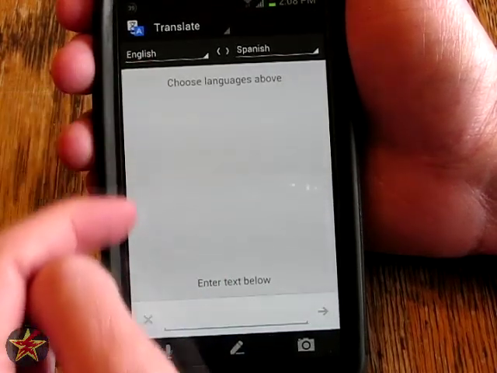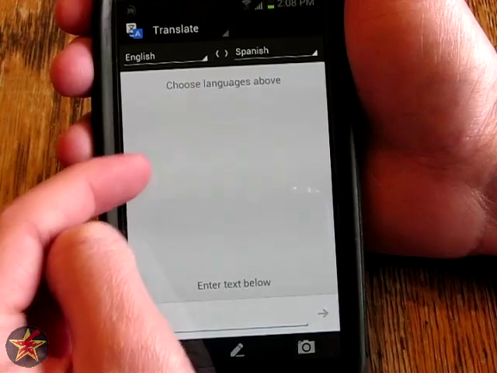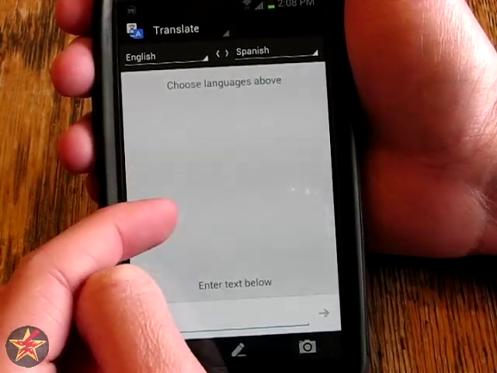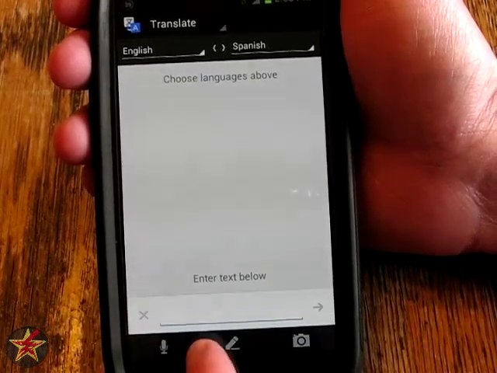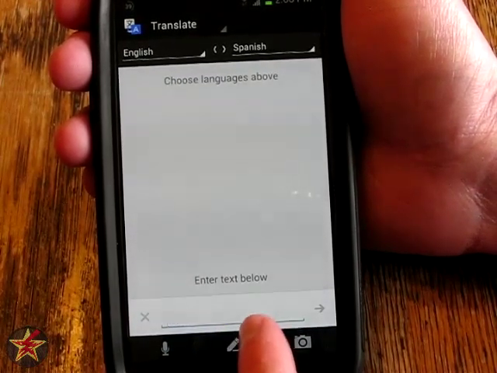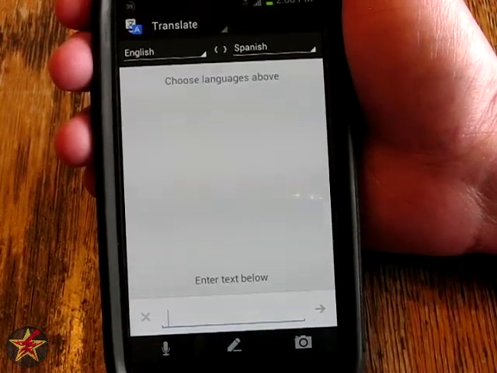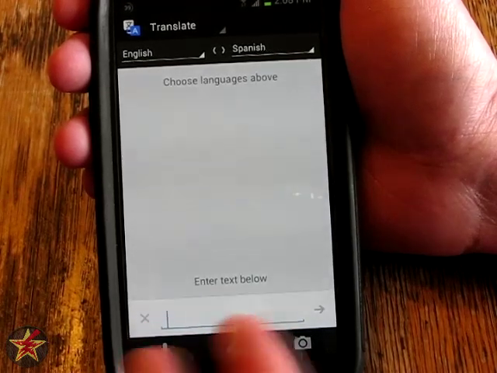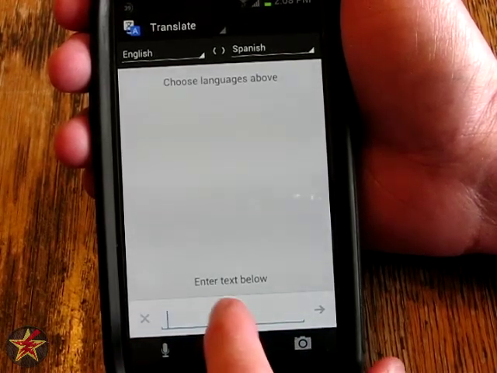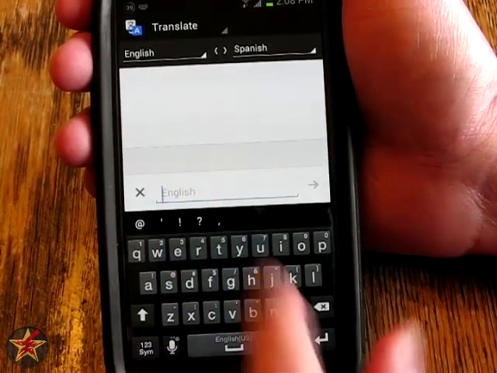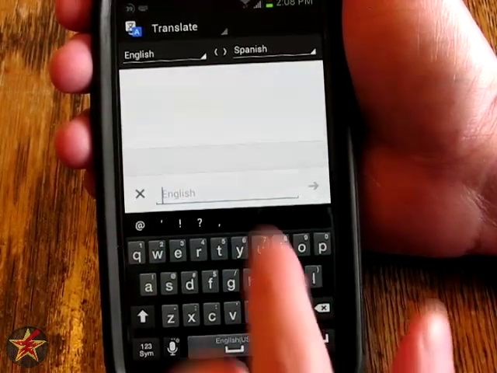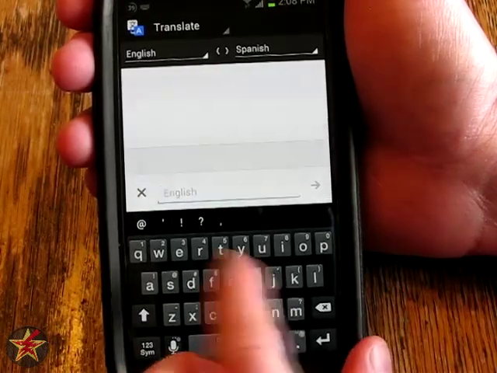You'll notice this large white blank area. As you start doing translations, this will fill up because it keeps a record of the translations for your usage later. Here, you enter the translation that you want below. You have several choices as to how to input this translation. If you click on the blank space, you type in English, the word in English that you want to translate into Spanish. In this case, I will just do